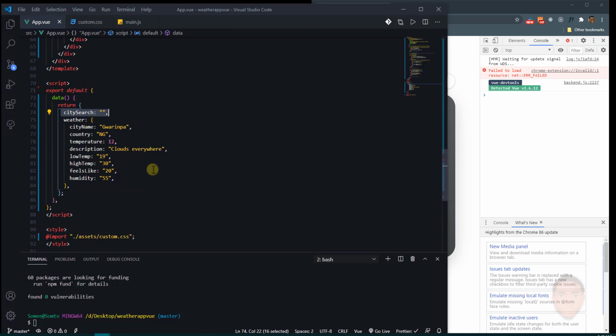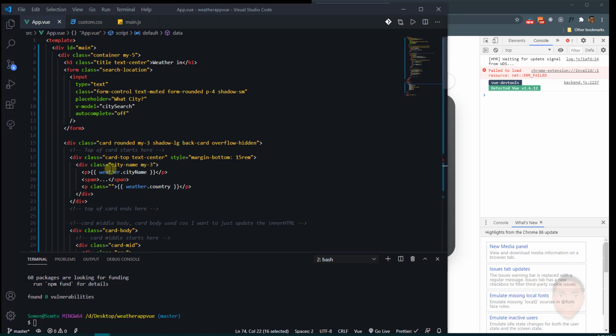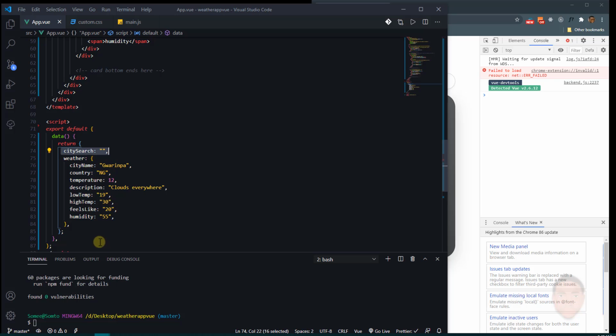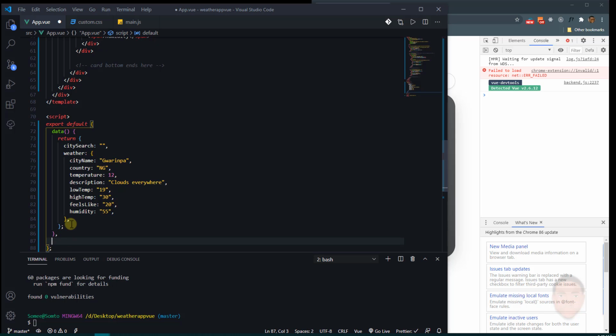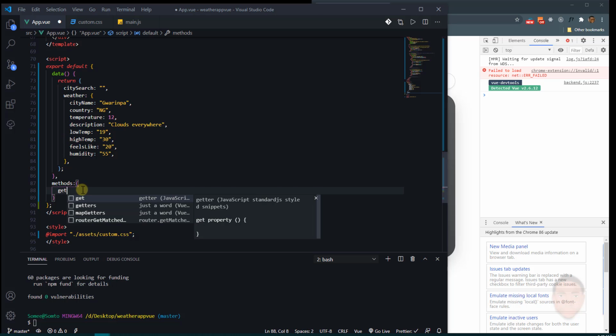So the next thing we're going to do is create a function that listens to whenever we submit this form. We create functions by creating methods in Vue. To do that, just after where I close my data, which is right here, I'll hit enter and then create my methods, and it's also an object. So you can see we have that wrapped in an object there. So let's say getWeather,